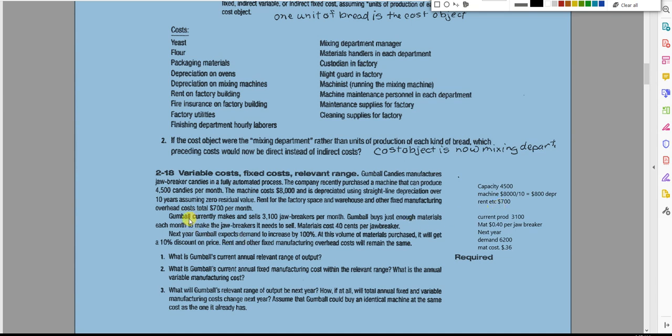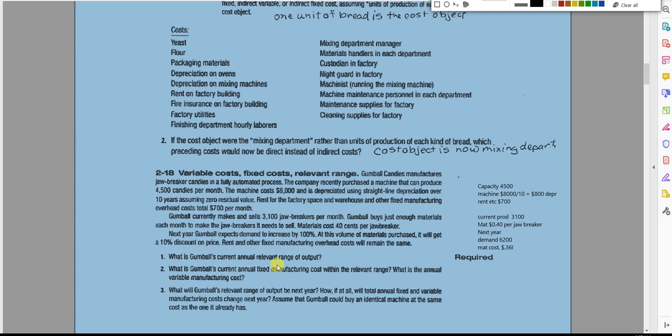And then I sell 3,100 jawbreakers, my current production, and materials cost 40 cents per jawbreaker. Next year, my demand is expected to increase by 100%, so 6,200. And my materials cost, I'll get a 10% discount on the price. So 10% of 40 cents is 4 cents, so I pay 36 cents. So first one,